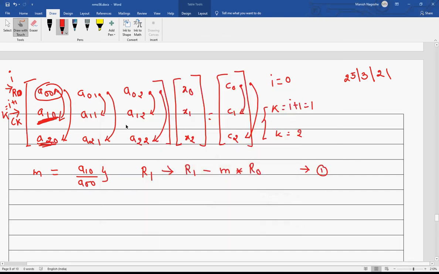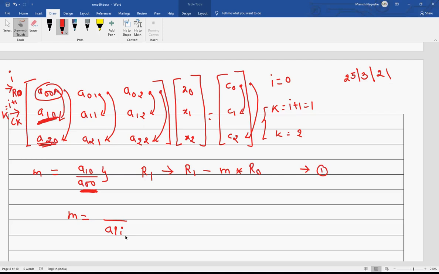Again, here in this case what we notice is that the denominator will always be a diagonal element. So m I can write as AII. Why I? Because I am using a reference row element.